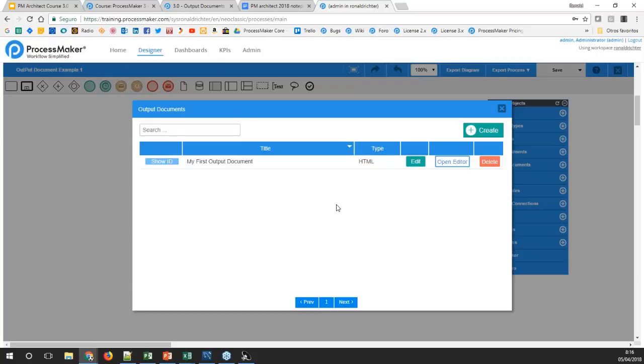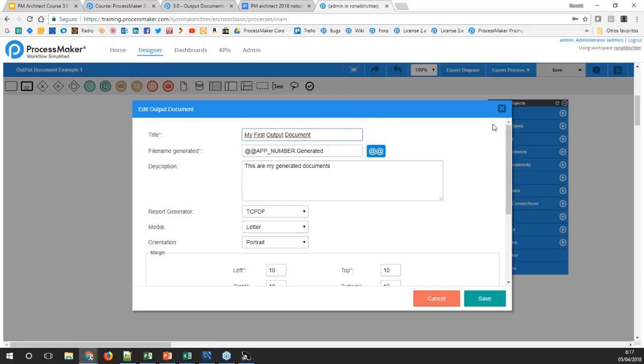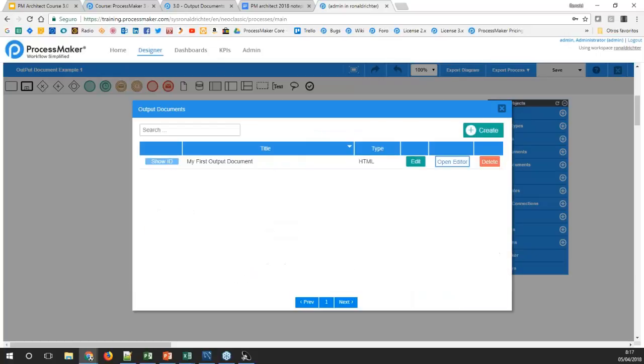We're going to just add the output document as a step, and we're going to see how this document gets generated. Let's also take a look here. We have the edit option, which will open this settings, which is created. Cancel. Then we have the Open Editor button, and this is